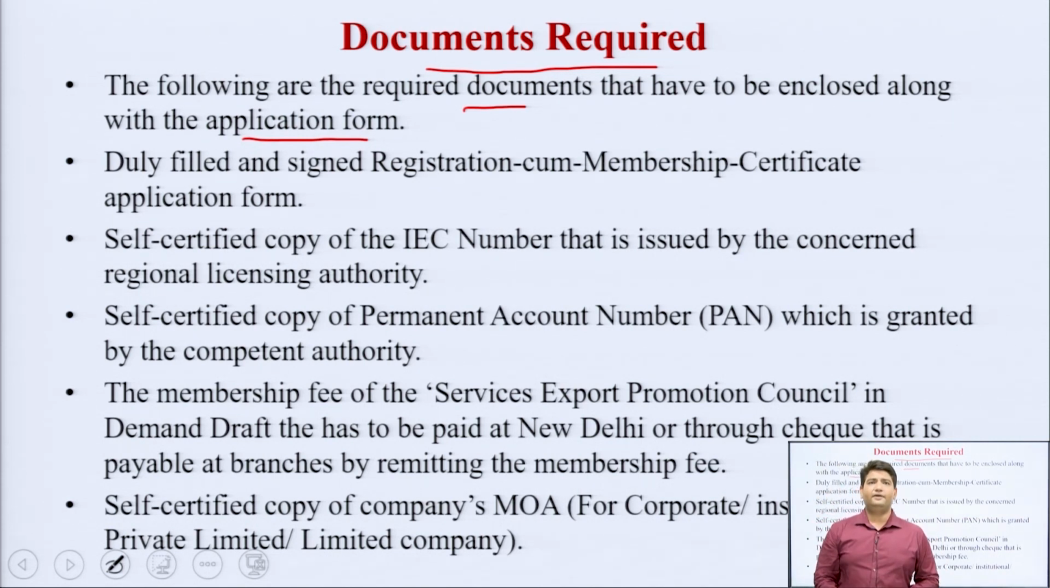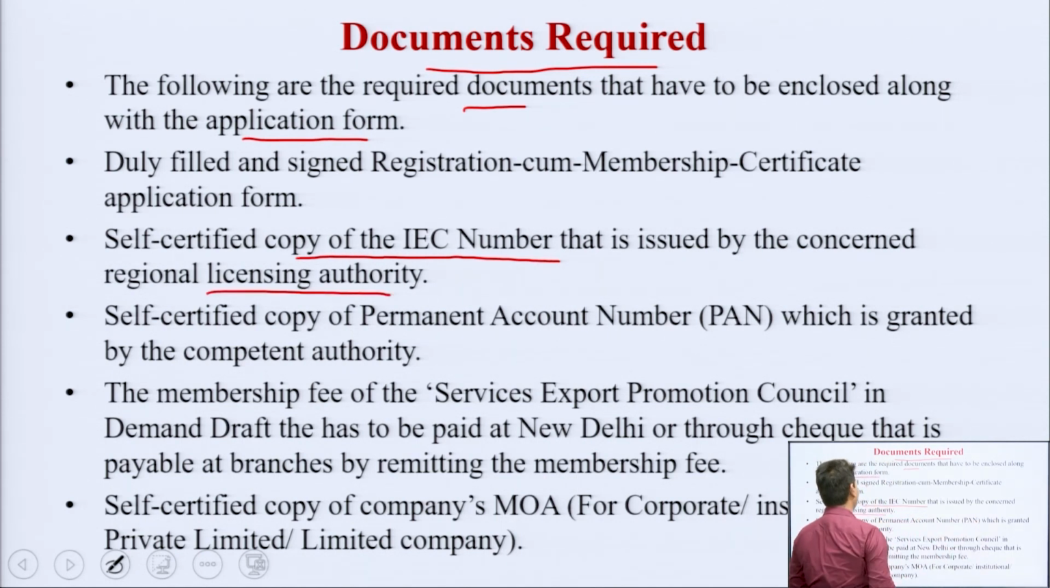Duly filled and signed RCMC application form, that is Registration Cum Membership Certificate form, self-certified copy of the IEC number that is issued by the concerned regional licensing authority, self-certified copy of Permanent Account Number, PAN, which is granted by the competent authority, the membership fees of the Services Export Promotion Council in demand draft that has to be paid at New Delhi or through the cheque that is payable at branches by remitting the membership fees, self-certified copy of MOA for corporate institution, private limited companies,